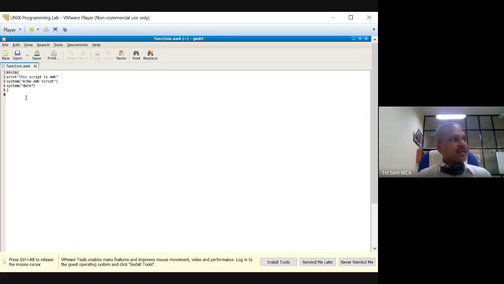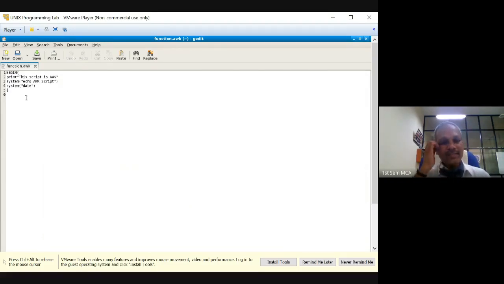If you remember, in AWK, we have seen the structure begin followed by braces. Then we have some portion of the AWK. At the end, we have an end. So begin and end are optional. You can write an awk script without them as well. But if at all you are using them, you have to use the format. Otherwise, begin, end, you may use, you may not use. That is optional.